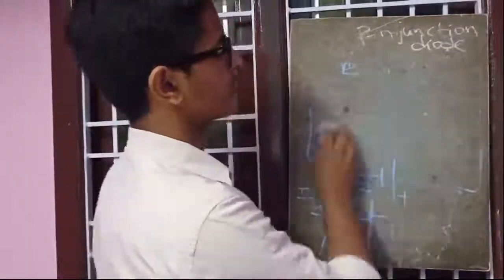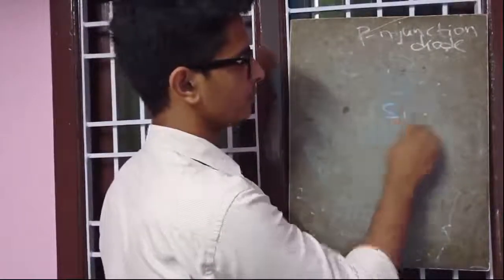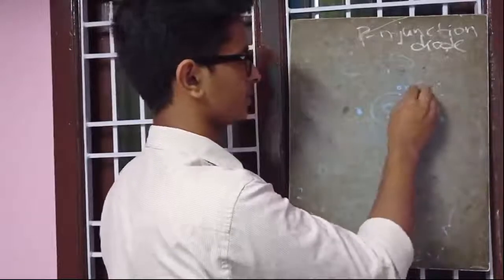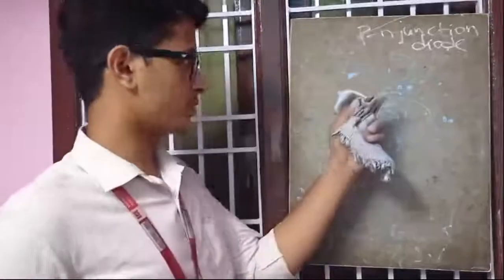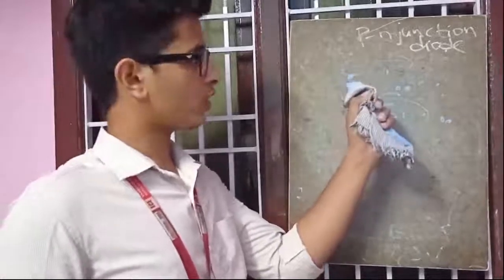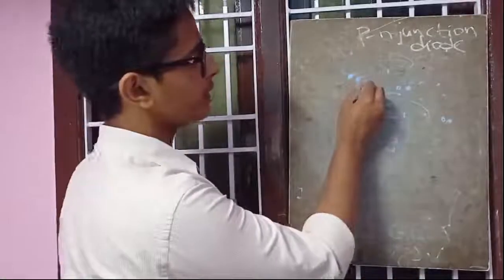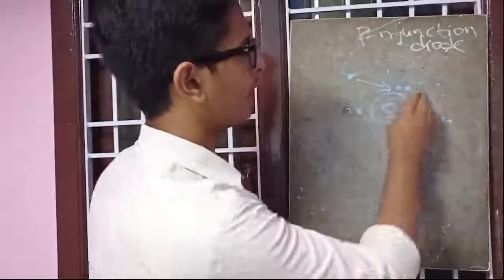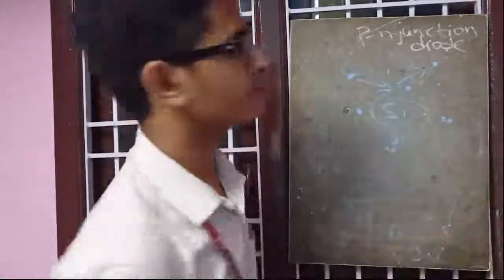Let us see how it happens. See, this is a silicon atom. It has some electrons bonded in its valence shell. If an electron is fast moving, it is a minority carrier of the p side. The electron is fast moving because it acquires maximum kinetic energy. This may collide with a valence electron of silicon and may replace the electron. There is a chance of forming an electron hole pair.